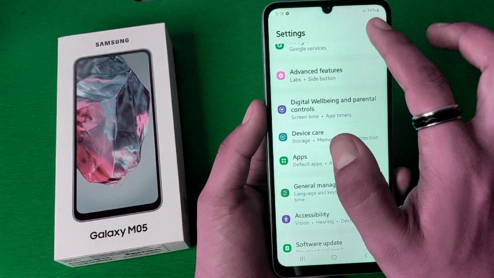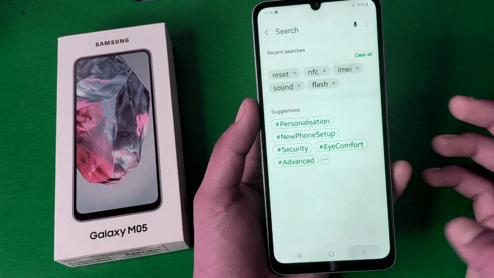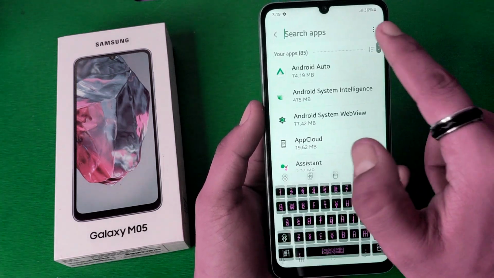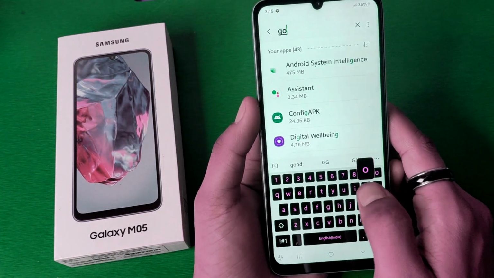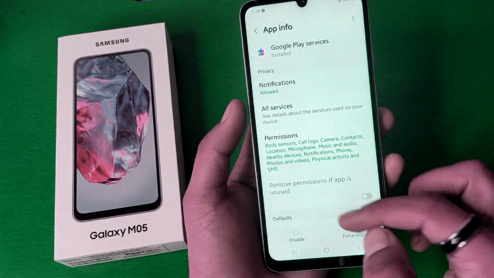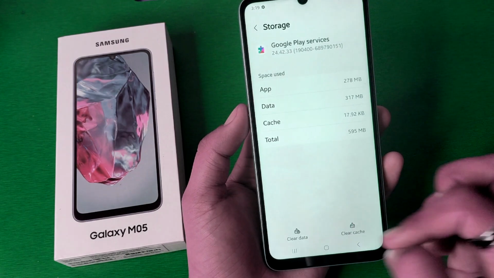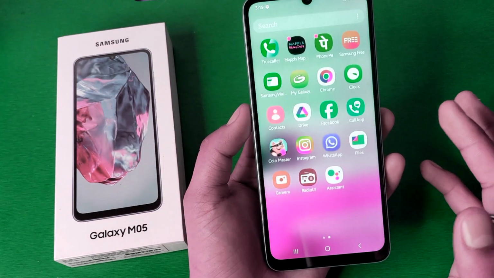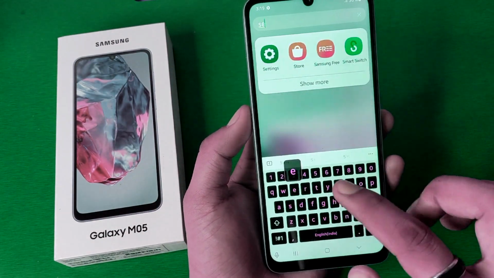Then you have to click on Apps. Here there is a search; just type Google here. Here it is Play Services. Just go to Storage and clear the cache. Then you have to press back and here you have to